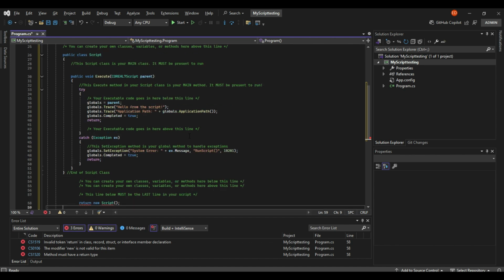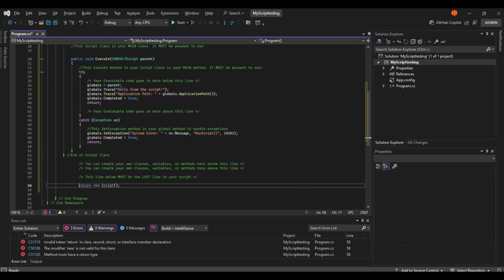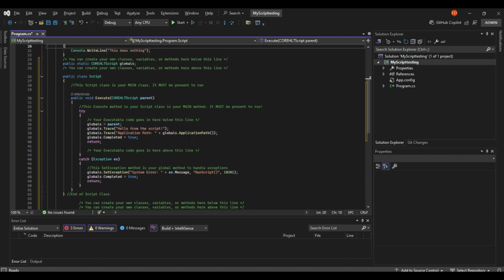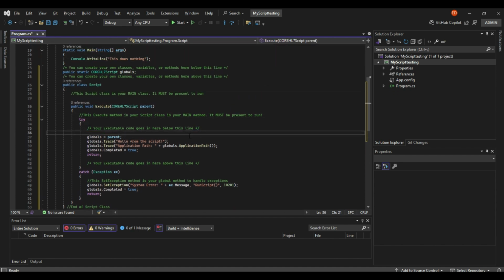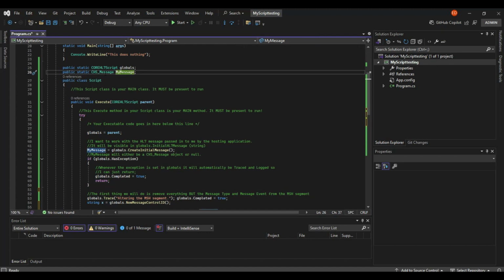It will give me an error. I just need to comment that out. And now I can actually edit my code. I'm going to go copy some code from another script in here very quickly, so bear with me. And I'm back. As you can see, I've added this CHS message object up here in the public area,